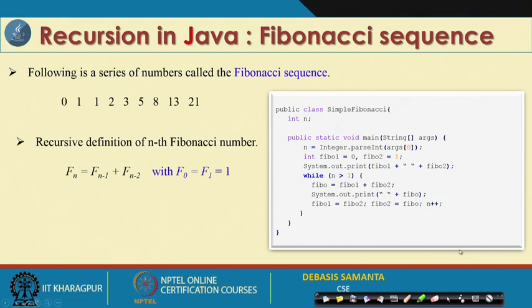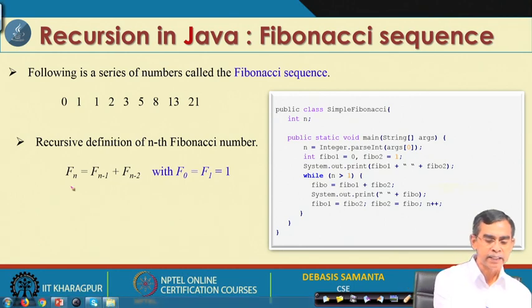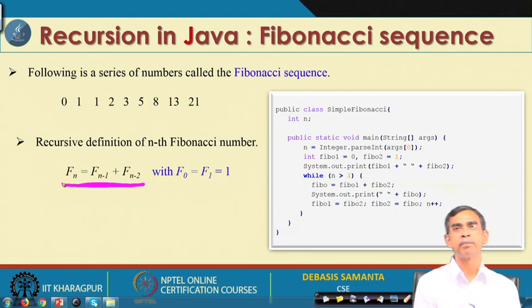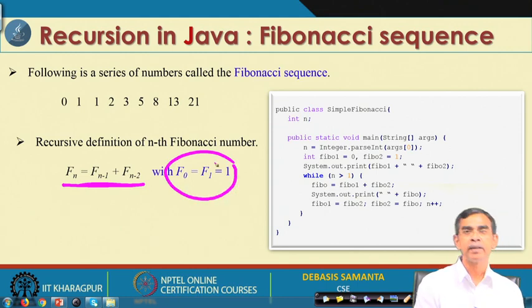Now, here is basically the recursive definition. For the nth Fibonacci number, where n may be 0, 1, whatever it is, this is the recursive definition of any nth Fibonacci number. If we have to calculate the nth Fibonacci number, it is the sum of the n minus 1 Fibonacci number and the n minus 2 Fibonacci number. Similarly, n minus 1 can be recursively calculated, and n minus 2 can be recursively calculated. This way a recursion can be grown out, and this is the termination condition.